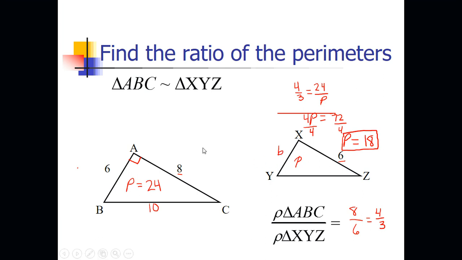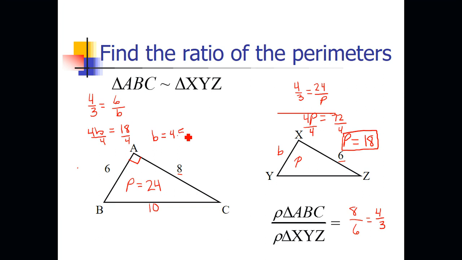Well, to find that, the ratio of the sides is the same as the ratio of the perimeter. So I'd start with that same ratio of 4 over 3 is equal to, well, 6 corresponds to the B over there. So 6 over B. And the product of the means equals the product of the extremes. So 4B is equal to 3 times 6, which is 18. And when we divide by 4 on each side, my B value is equal to